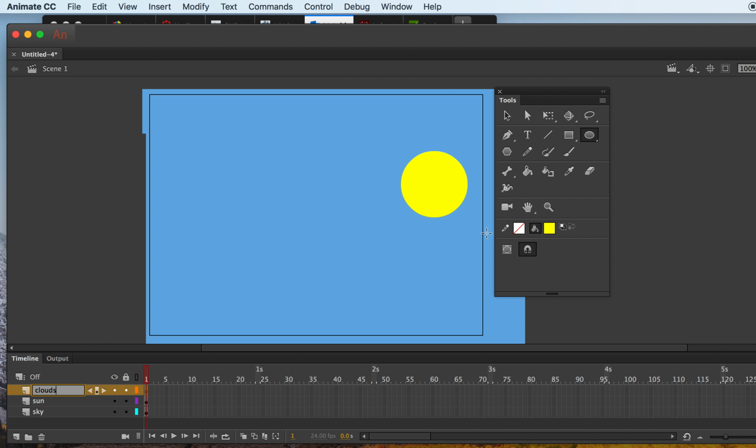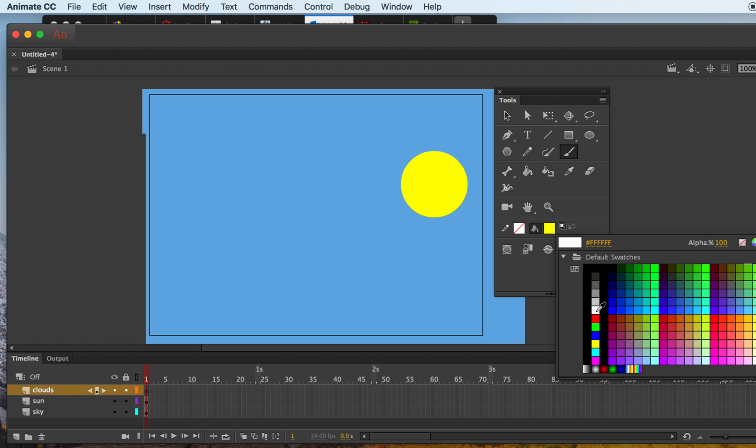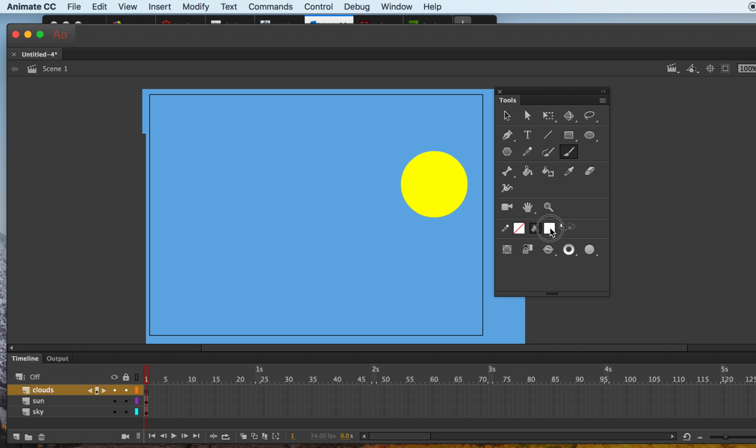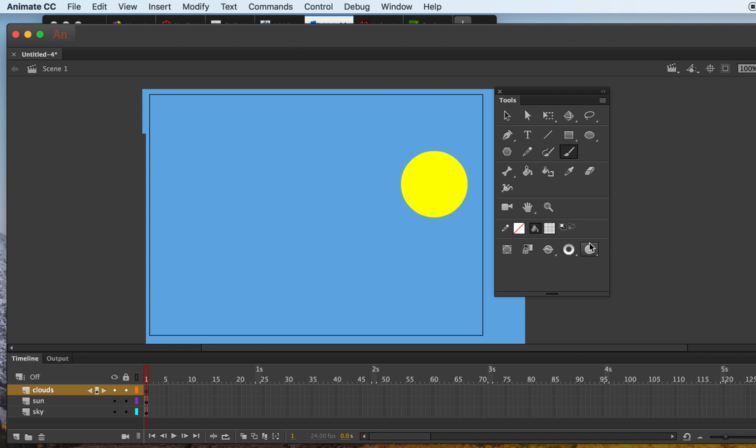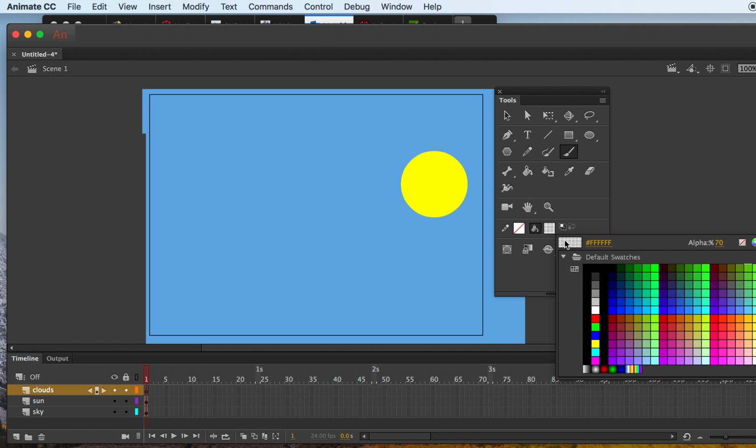It's really best to put each cloud on a separate layer, but for now I'm just going to put each cloud on a layer. Okay, so clouds are a little bit transparent, right? Sometimes they're not really 100% white. So see this alpha right here? Alpha is another word for transparency. And you can see on the screen this little kind of crisscross pattern. That's showing you how the transparency is. So mine is going to be